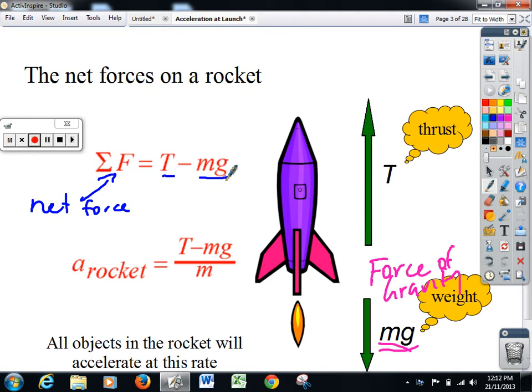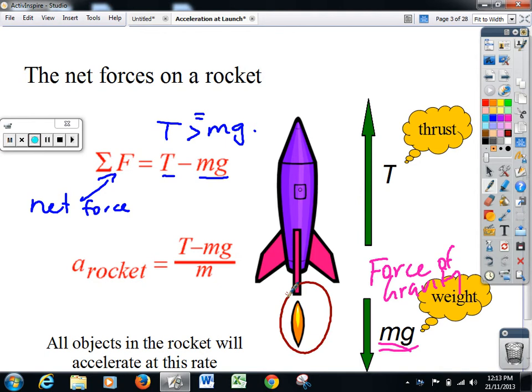Now we'd only get motion upward if T is greater than mg. If it equals mg, then we are just on that point of forward motion. Okay? So at the moment of blast off or lift off, we will be starting to make this thrust coming out the back increase until we get a point where it starts to move, and then up it would